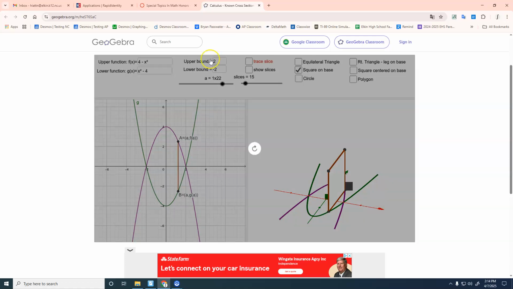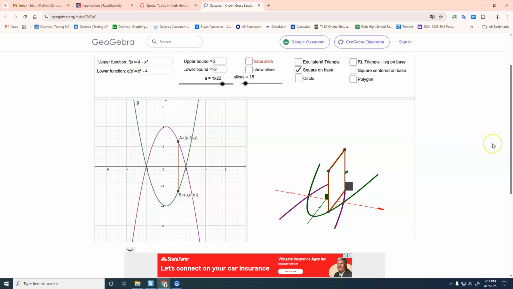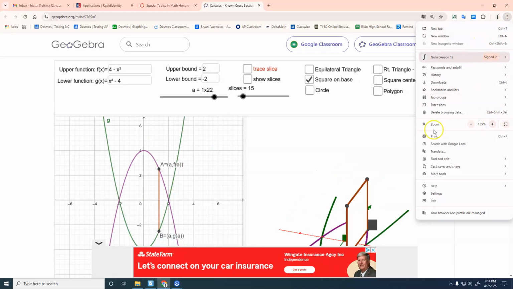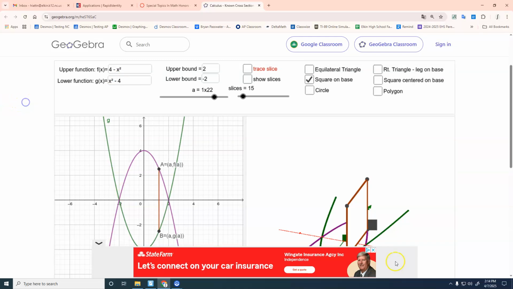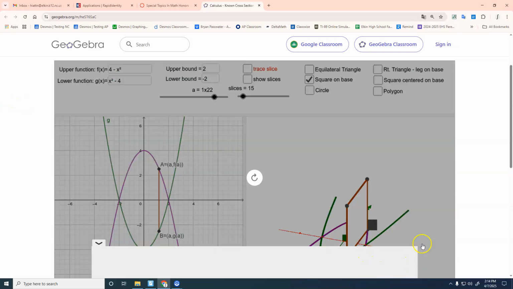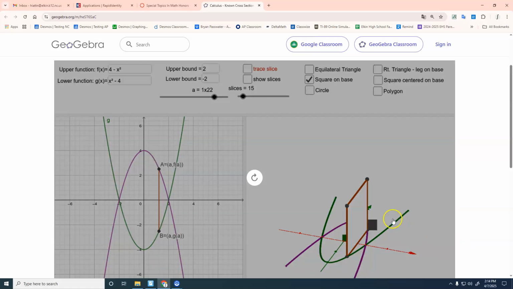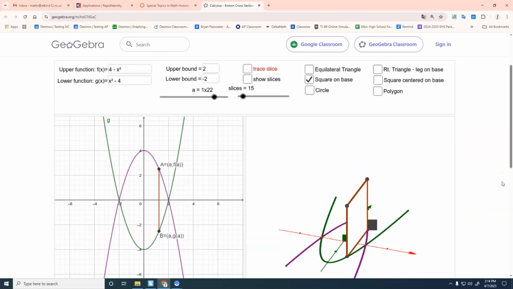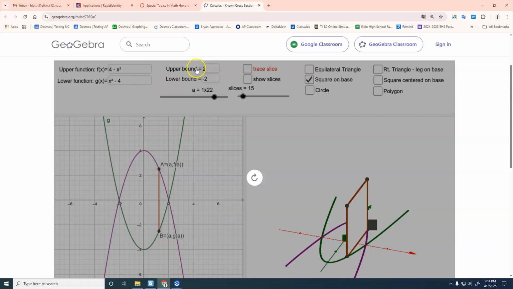What I have here in this program is two parabolas graphed. The first one is 4 minus x squared. The second one is x squared minus 4. I would like for the ads to go away. There we go. Currently I'm using upper and lower bounds of -2 and 2, and I'm using squares